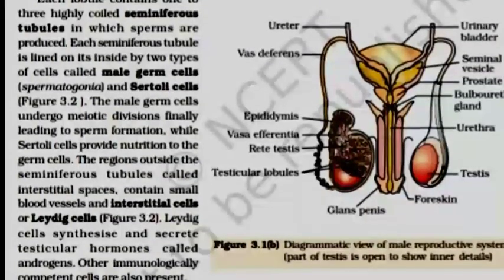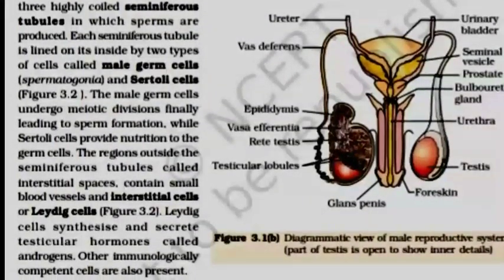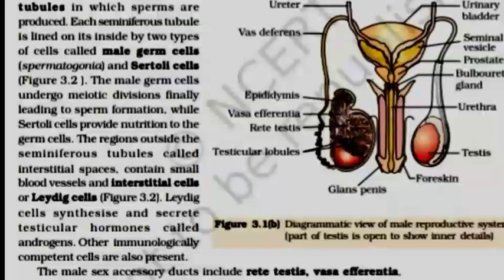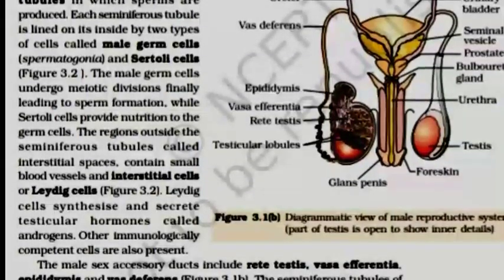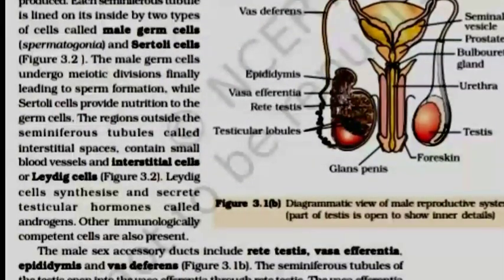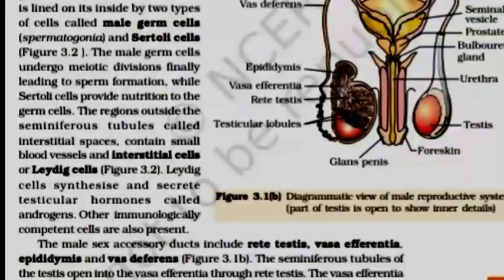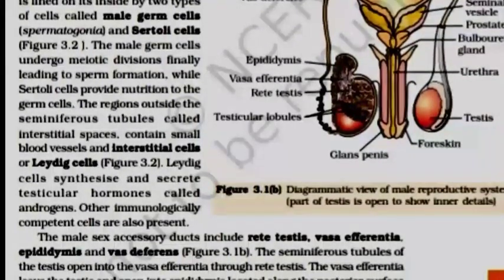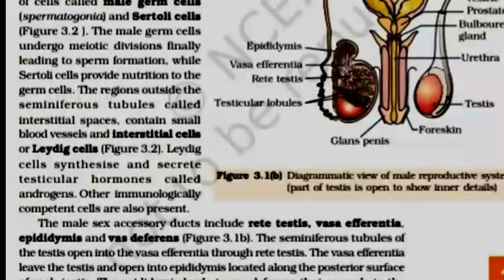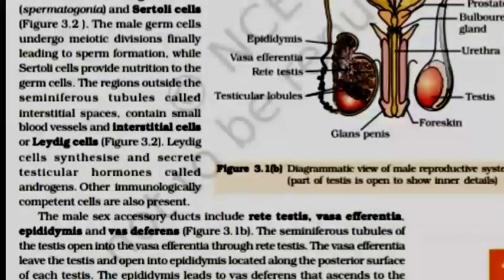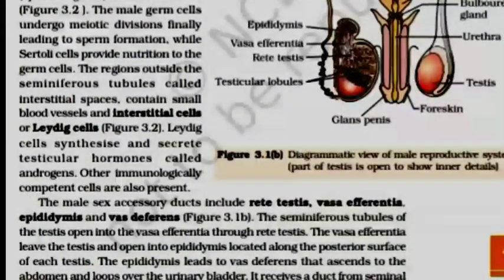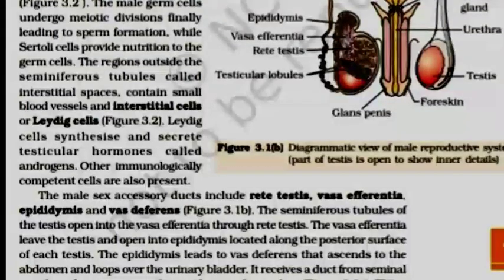Other immunologically competent cells are also present. The male sex accessory ducts include rete testis, vasa efferentia, epididymis, and vas deferens. The seminiferous tubules of the testes open into the vasa efferentia through the rete testis. The vasa efferentia leave the testes and open into the epididymis located along the posterior surface of each testis. The epididymis leads to vas